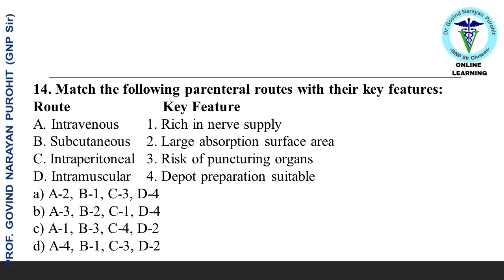B. A3, B2, C1, D4. C. A1, B3, C4, D2. D. A4, B1, C3, D2. Correct answer is option A. Explanation. IV uses the bloodstream's absorption capacity, SC involves rich nerve supply, IP risks organ damage, and IM supports depot